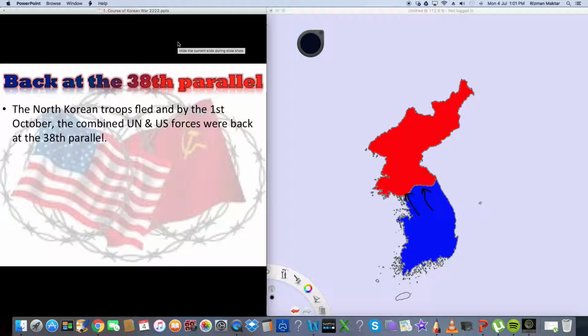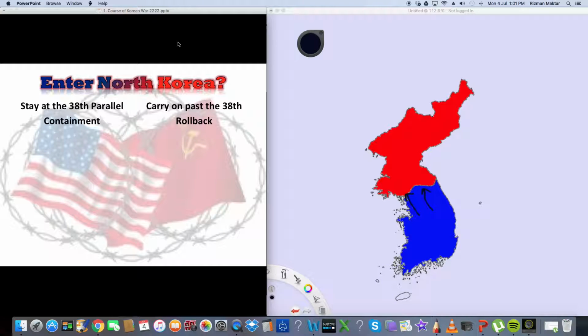at the 38th parallel. At this point of time, the United States as well as the United Nations were thinking, what next? What do we do next? Do we enter North Korea, or do we just leave things as they were before the war? So what were the considerations? The argument for staying at the 38th parallel was, we have already secured our objective. We wanted to rescue South Korea, we wanted to kick out the North Koreans,